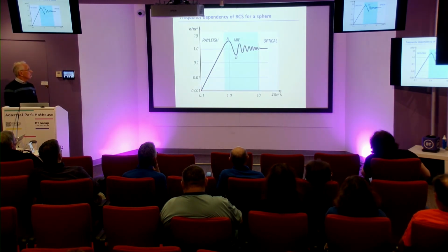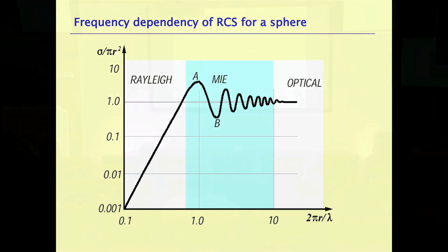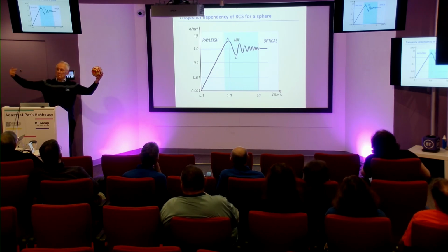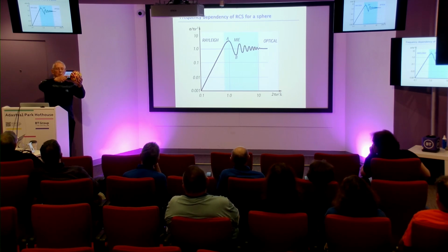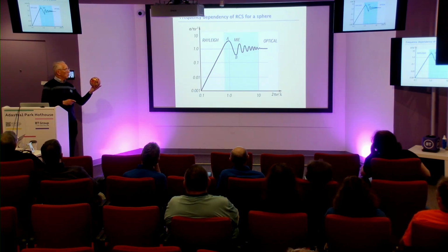Now here's the way that a very simple target behaves when it's illuminated by an incoming electromagnetic wave. For this example, I need a football, and that's why we've got this here, because a sphere is the simplest radar target that you can imagine. What we're trying to plot here is that we've got our target, and we'll imagine that we've got a radar signal coming in and hitting this. Now, the signal which comes back off that will depend on the size of the ball, in this case, relative to the wavelength of the radar that's actually illuminating it. As we change the frequency,